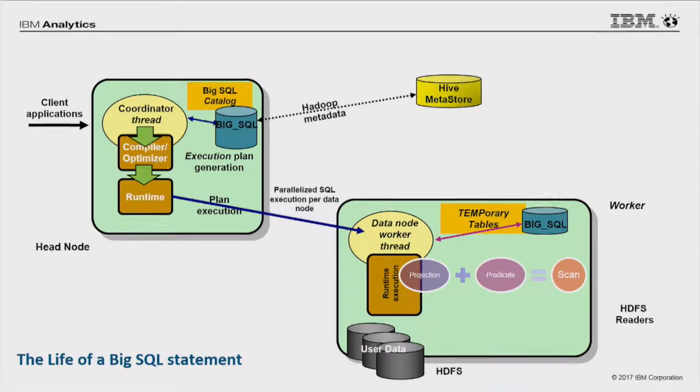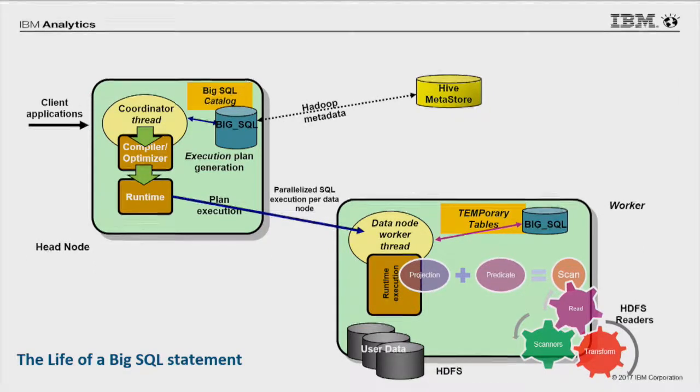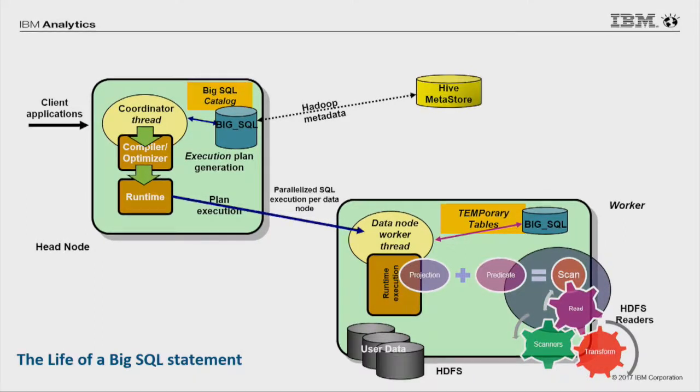So what we've actually done is created an I/O interface with open source components that allow things to do, for example, you can read Parquet data, you can read ORC, or your own custom formats as long as you provide a SerDe. And then what happens inside those readers is a process of scanning for the data, reading the data, and a process of transformation. And transformation really means taking the data in its original format and transforming it in a format that is consumable within the SQL engine. Then at that point, we can complete the scan, and actually the rows start flowing back